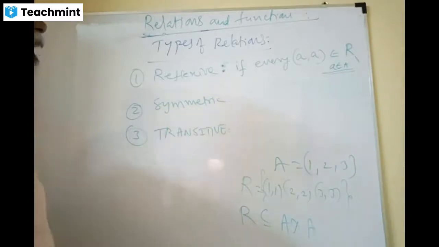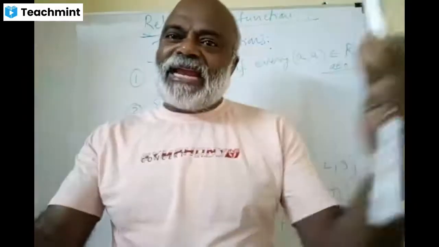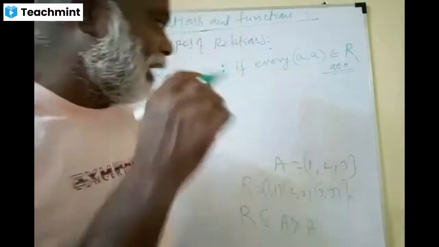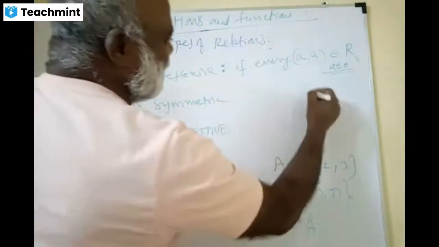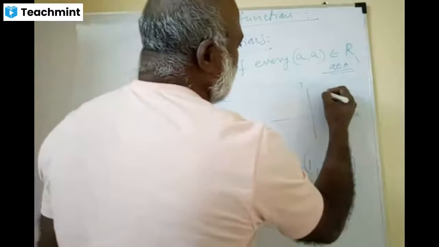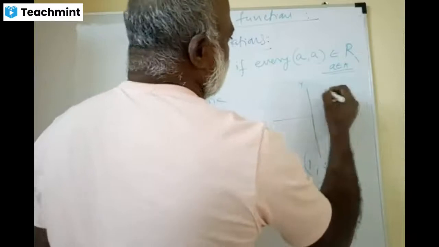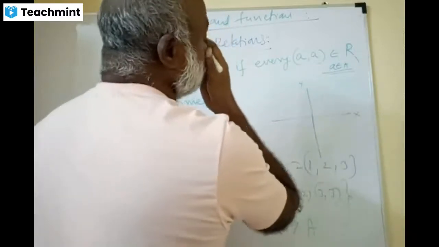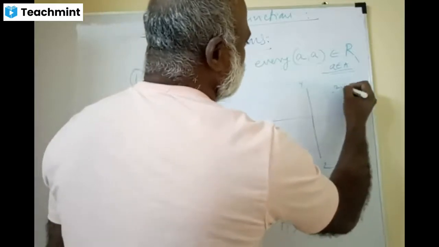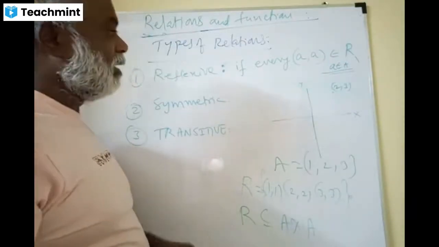Second one is symmetric relation. What is symmetric now, please? See, my dears, left side one and right side one, they are the mirror images. Left side one and right side one. Please, I will tell you what symmetric is. Why are we getting this notation? I will just give you this one. This is the x-axis and y-axis. Let us call this point (2, 3). Okay? a is 2, b is 3.